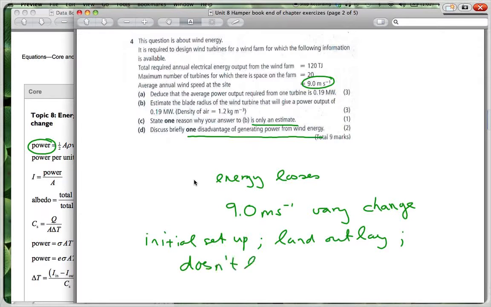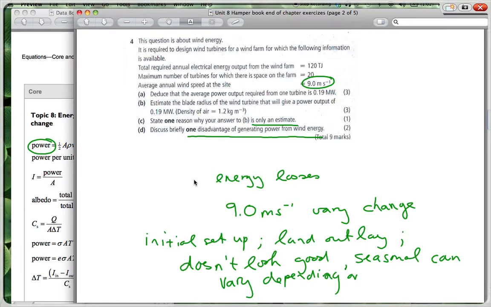And it can also be seasonal. It can change, can vary, depending obviously on the wind speed. It's very important for all these types of energy production. So for each one,